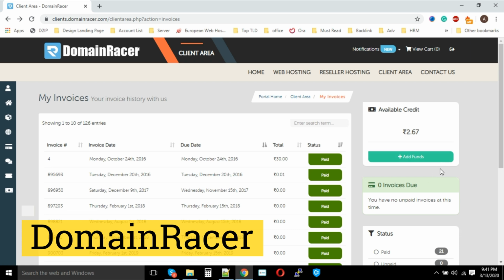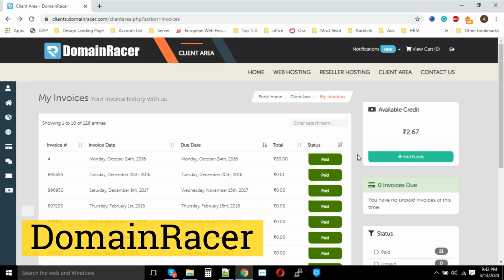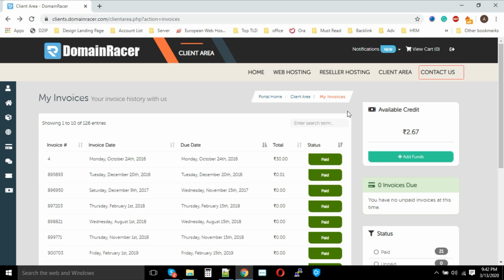Whenever you want to renew your service and have a credit, you can use this credit for the renewal of your service. For that there are two options. The first one is manual, which is enabled by default for all users, and the second one is the auto renewal process. For that you just have to create a support ticket to the billing department, and they will set auto renewal for your available credit.